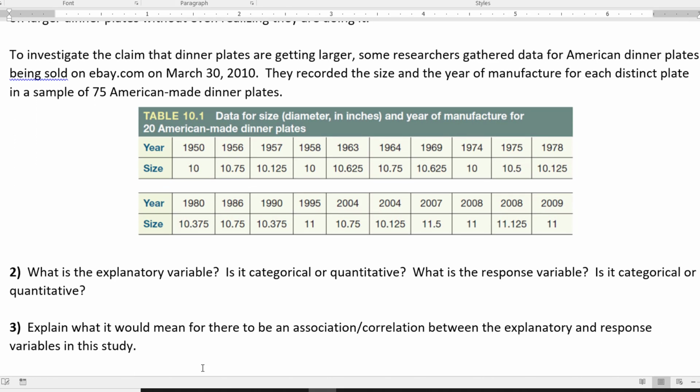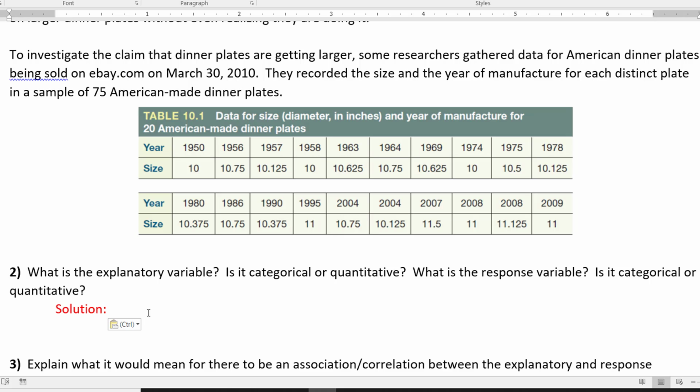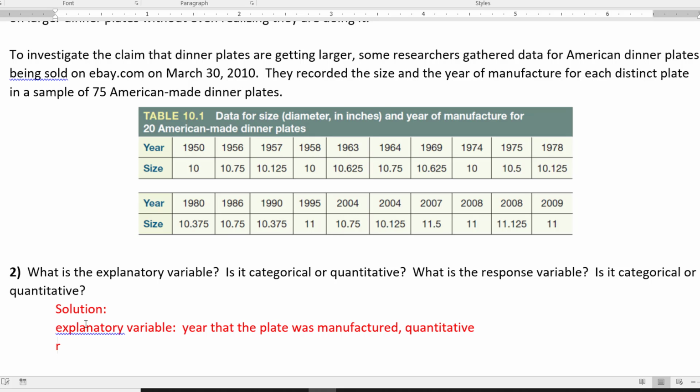So what would be the explanatory and the response variables, and are they categorical or quantitative? In this case, the explanatory variable is the year that the plate was manufactured, and that would be quantitative because the year will be a number. The response variable here would be the diameter of the plate in inches, which is also quantitative